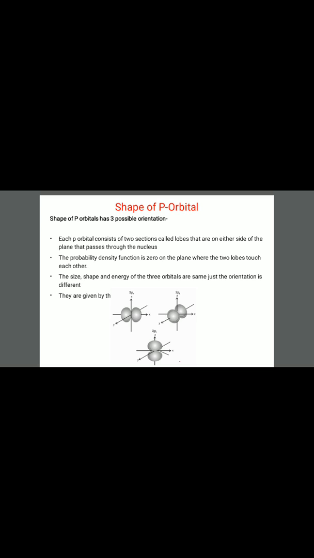The probability density function is 0 on the plane where the two lobes touch each other. The size, shape and energy of the three orbitals are the same, just the orientation is different, and they are given the designation